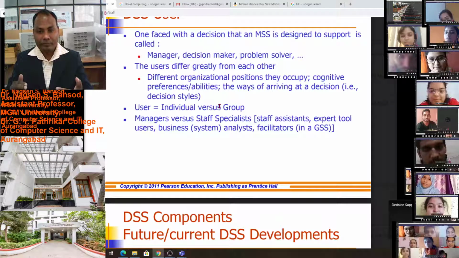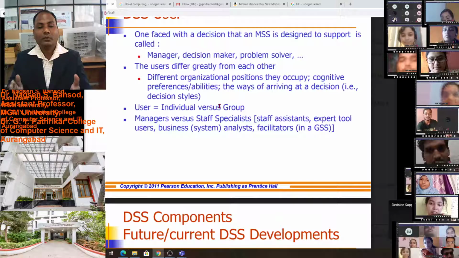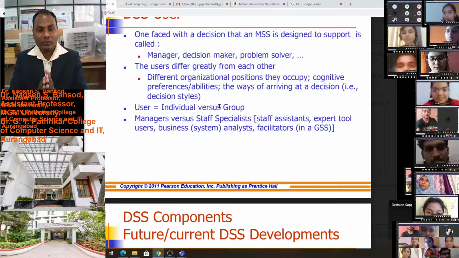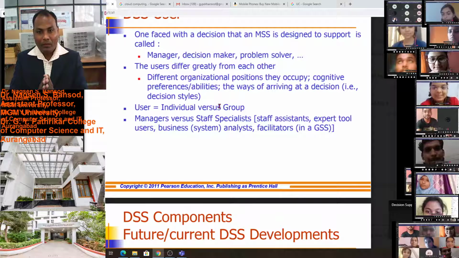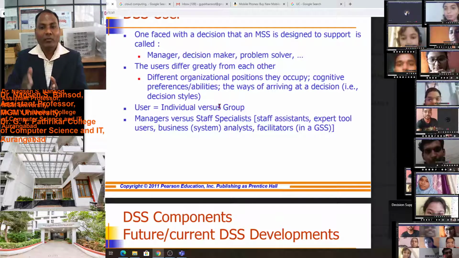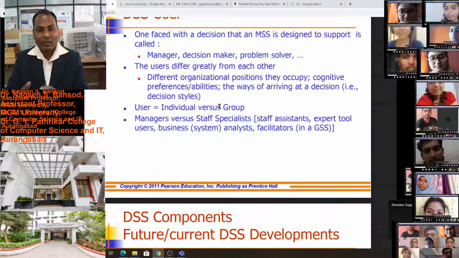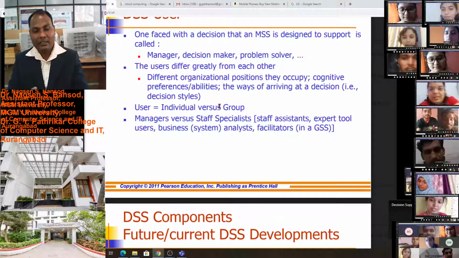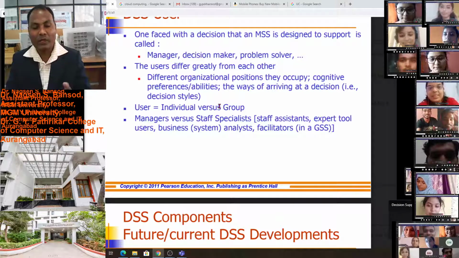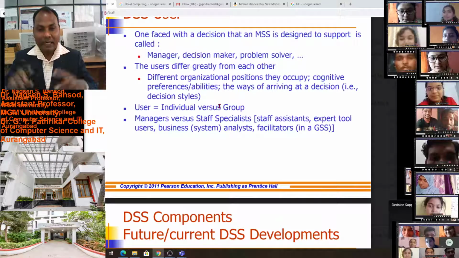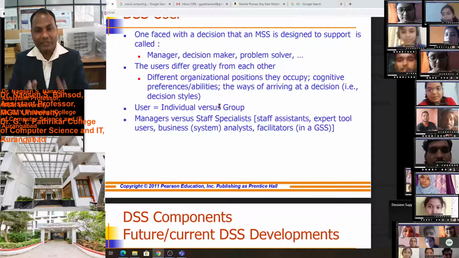So we have to use the decision support system. The way of arriving at a decision and decision styles differ according to the company, according to the group, and we have to change our style.